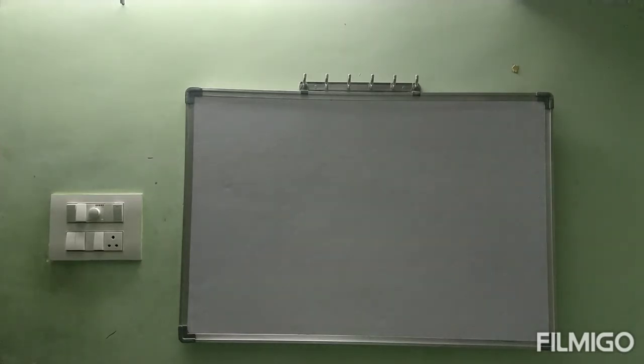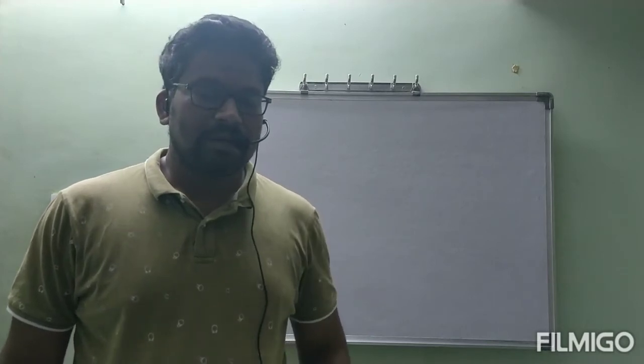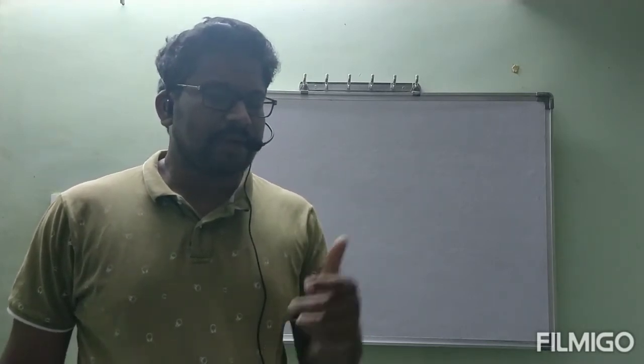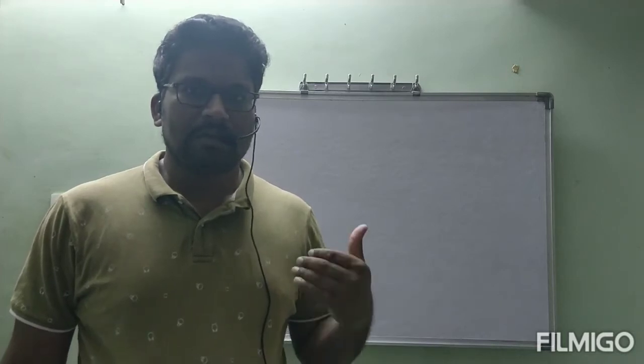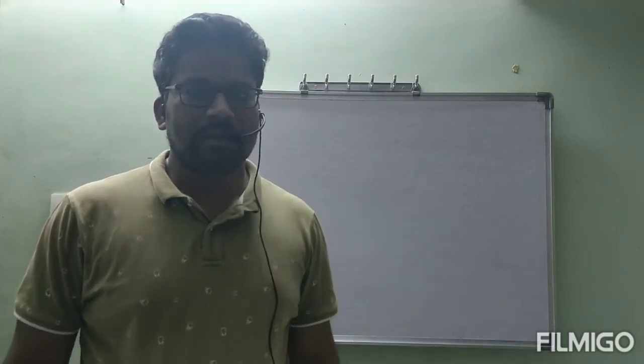In yesterday's class, we saw the packing efficiency in the face-centered unit cell. In today's class, we will go to the body-centered unit cell. What is the packing efficiency in that? Before calculating the packing efficiency, we have seen packing fraction. That packing fraction multiplied by 100 gives the packing efficiency. I hope you are clear about the calculation we did yesterday. In the same way, we will continue today, with the body-centered as well as the simple primitive unit cell.